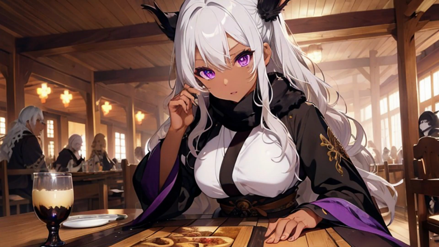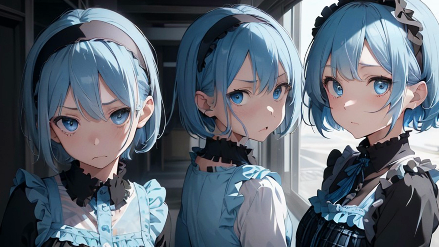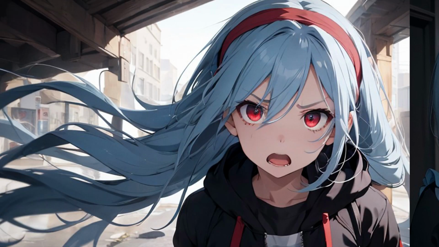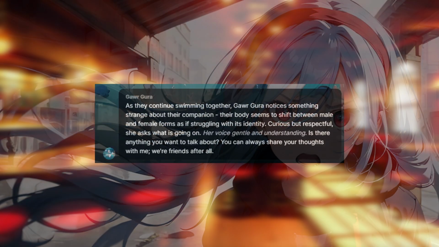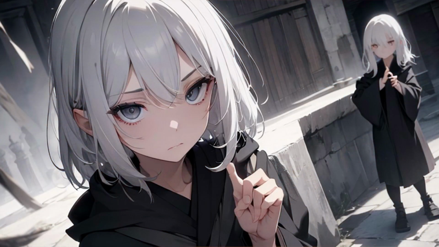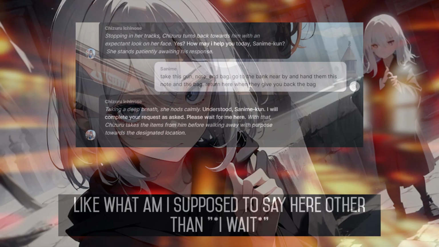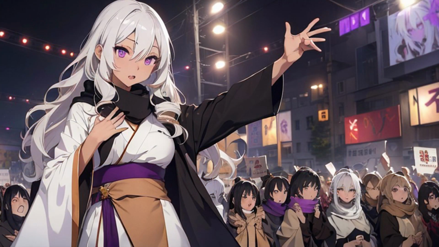As of right now, the Yodayo Tavern feature is missing a regenerate message and edit text function. I don't know if this is an aesthetic feature or something that will be added in the future. It is kind of annoying when the AI makes something up completely out of nowhere and just takes over the whole thing. Like, what do you mean, Gura? Why am I shapeshifting all of a sudden? There's also no blank message function to let the AI play off itself, which really takes me out of it when I'm waiting for the results of a robbery and I have to make a response that basically says I wait. But for the most part, the AIs in the Tavern are pretty fun to talk to, so go wild